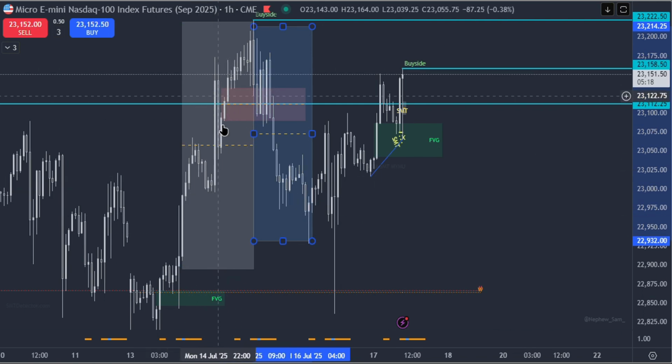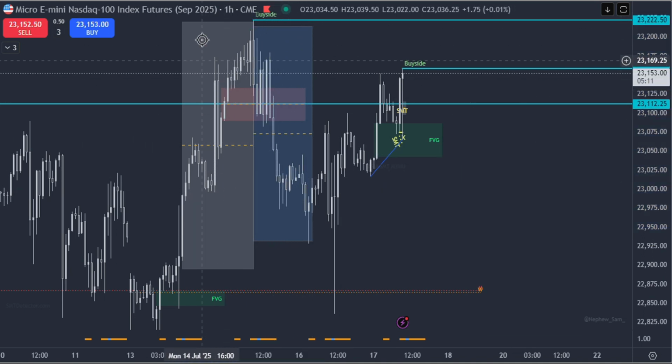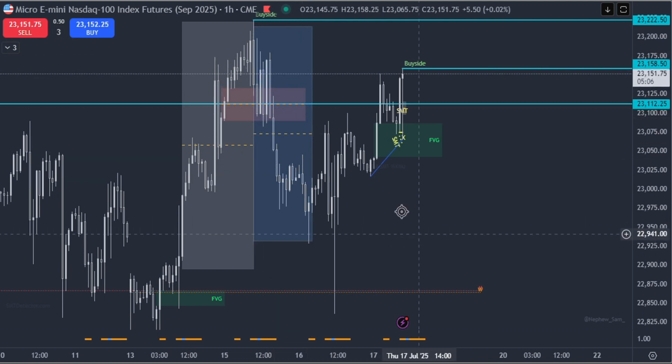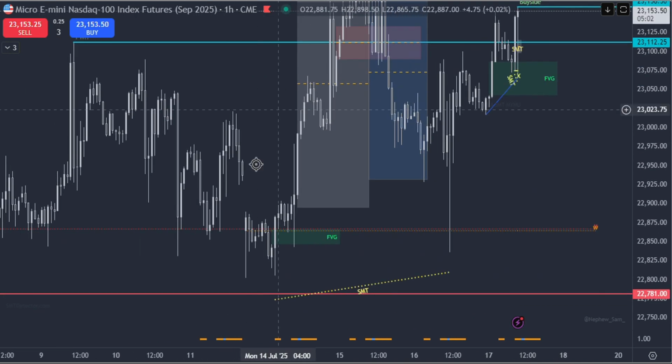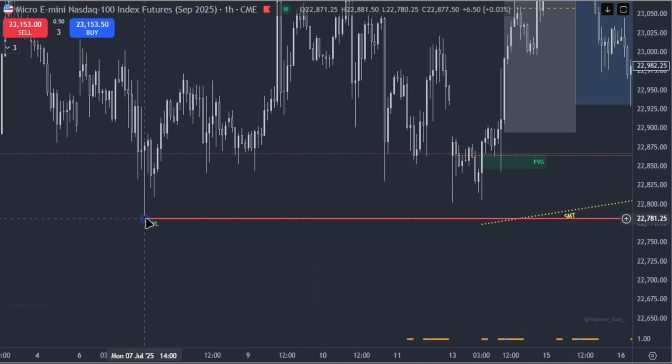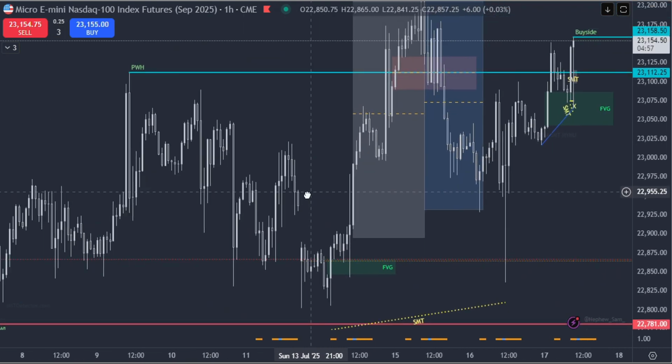This is my higher time frame, my 1 hour, right? So now I know everything on this side, on the white side, is getting disrespected. So I'm looking at the blue side. This is all sell side now, right? So on my higher time frame, we took previous week's high, so my target is going to be previous week's low.